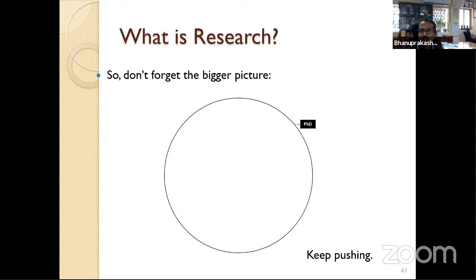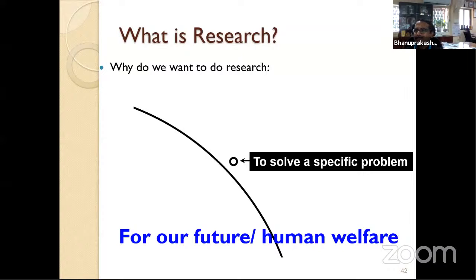But again, the kids will ask a question: why do we need to push this boundary, this line? This is for solving specific problems. What are the specific problems? Let us say our motor vehicles. I think some 1,000 years ago, we did not have these vehicles, not even bullock carts. But the idea is that if it is a circle or a wheel shape, the movement is easier than on a flat surface. That is the idea. Then we started making wheels. Then we started making motor vehicles. Then we started adding fuel to it. Why did we do this? To solve our problem. Instead of walking for 2 days to reach one village from another place, we want to go in 20 minutes. That was the problem that we wanted to solve. Okay.